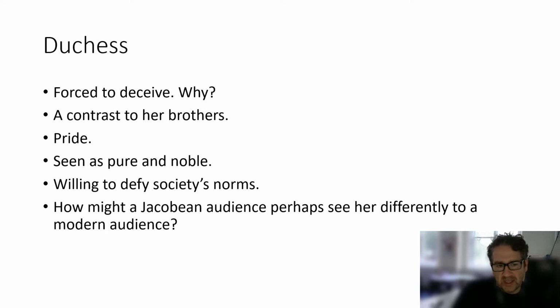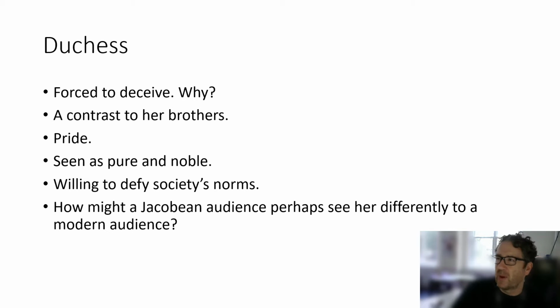You might want to consider how she might be seen as perhaps more reckless by certain elements of the Jacobean audience. But equally, that a Jacobean audience wouldn't necessarily respond to her in one uniform way, any more than we would today. People would see her in a sympathetic light, in the same way that they saw that woman,